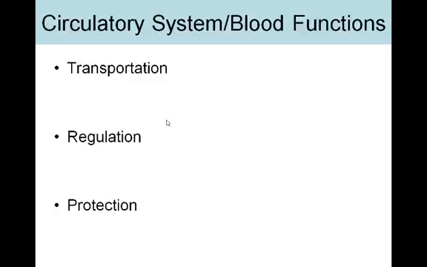Also in the blood, we have antibodies, which help to protect us. Antibodies are proteins that are capable of attacking foreign invaders and clearing those from our body. Additionally, another protective mechanism involving the blood involves platelets. Platelets are small, tiny little things in the blood that help blood to clot. So if you happen to cut a blood vessel, all of your blood doesn't just leave your body through that tiny cut, because your blood will clot, forming a little plug at the area of the break.